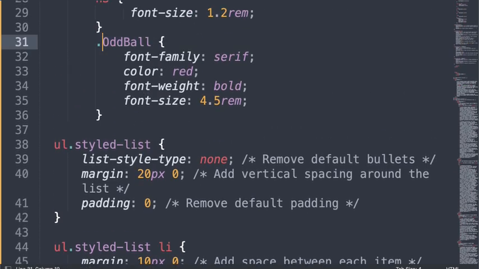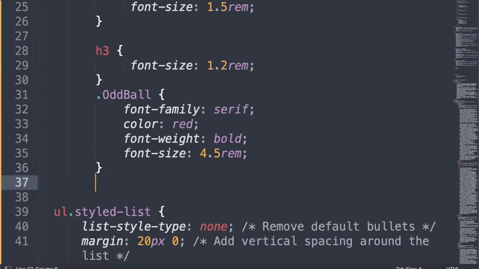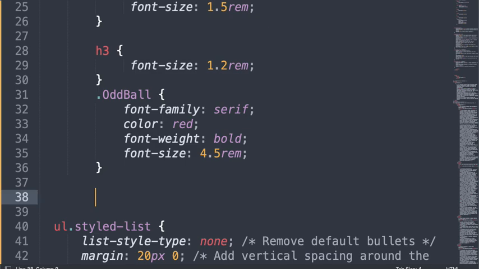But notice something. I started it with a period. I started it with a period because it's not a tag, so it needs something to differentiate it from these standalone tags. Okay, we could also do anything that has the ID of, we'll call this